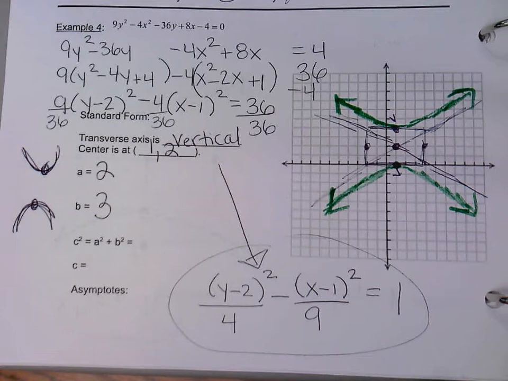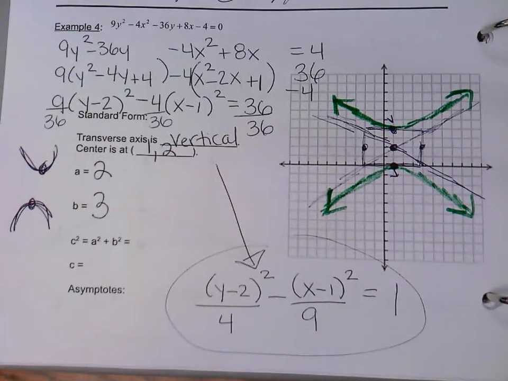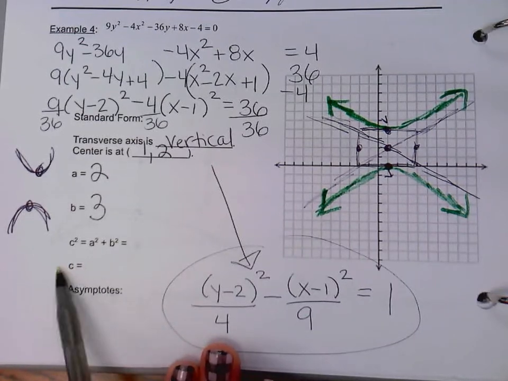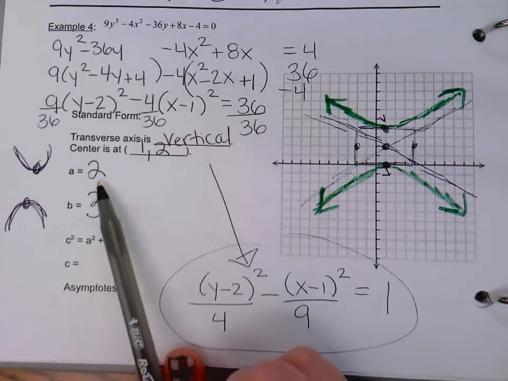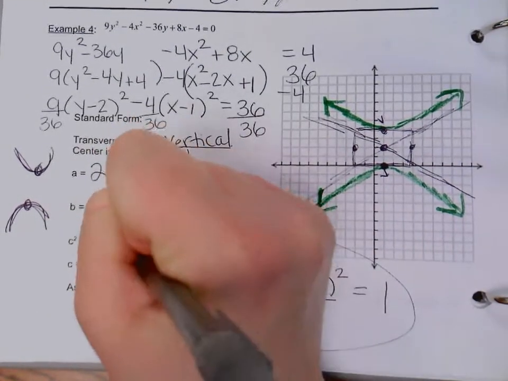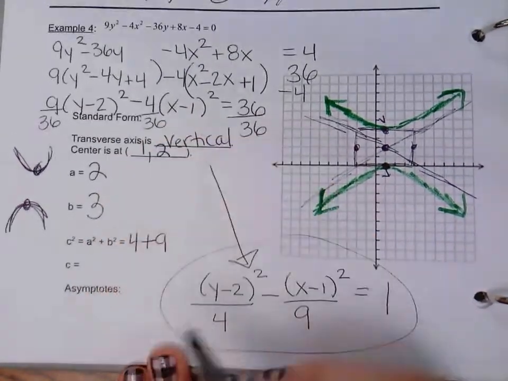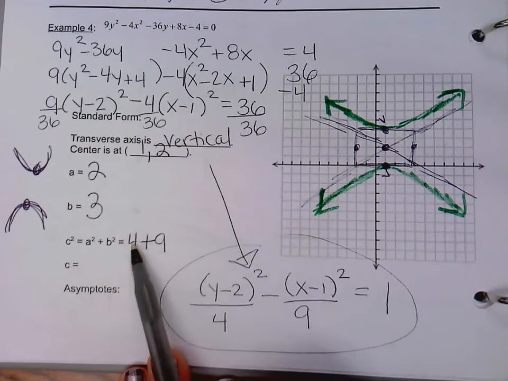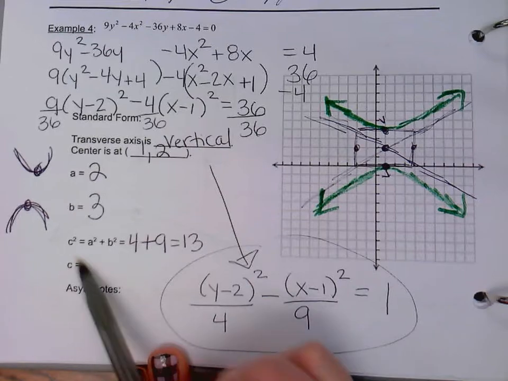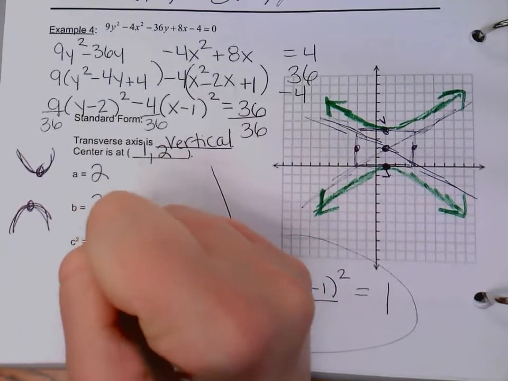We're going to have more practice on hyperbolas in a little bit, after we do notes on parabolas and walk for a couple minutes. So now I'm going to solve for the C value. Where do those focal points go? So let's see. We know a squared is 4, and we know b squared was 9. 4 plus 9 is 13. So C is going to be the square root of 13,